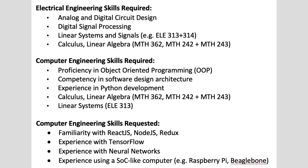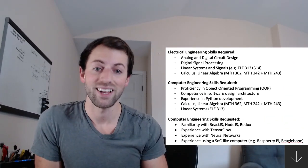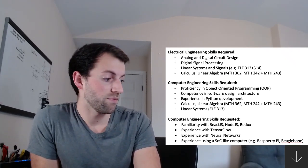So what's really going to stand out for a candidate is if you have some background in some of the other aspects. Have you worked with machine learning before? Have you used BeagleBones or Raspberry Pis? Do you know how to use web apps? Is this something that's your wheelhouse and I'm basically just describing what your hobby project is? That's ideal. That's what we want. We want people who are aware of the challenge and the rigor of the project